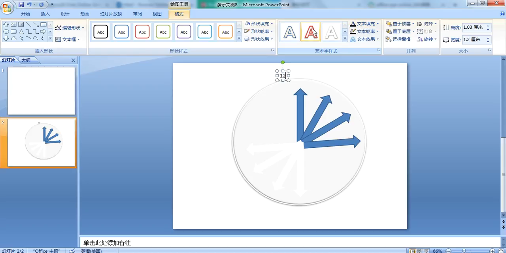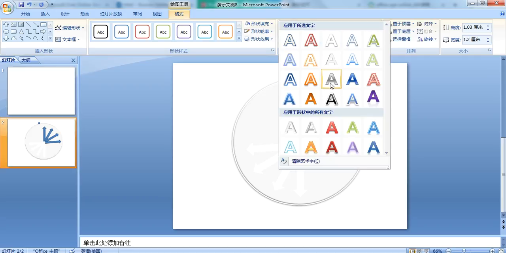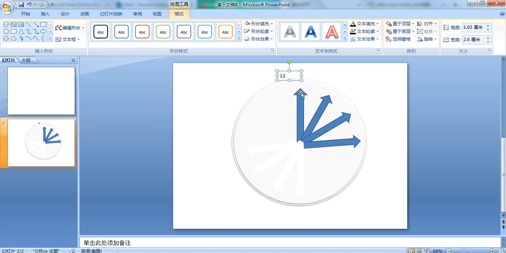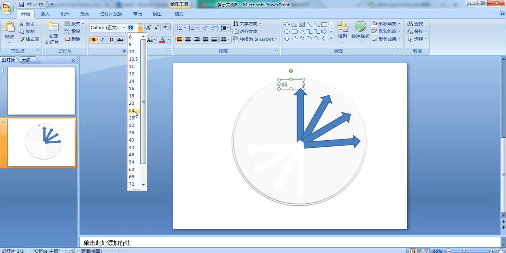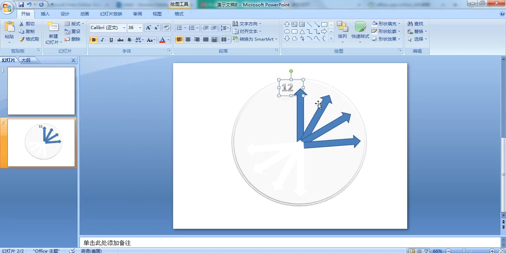We could change the shape of the box, or the style of the writing, so that it fits what we're doing. Okay, so we go back to the first menu and we make this a little bit bigger. Okay, so the text box is going to have the numbers. What we're going to do is put all the numbers in there. Okay, so that you can see